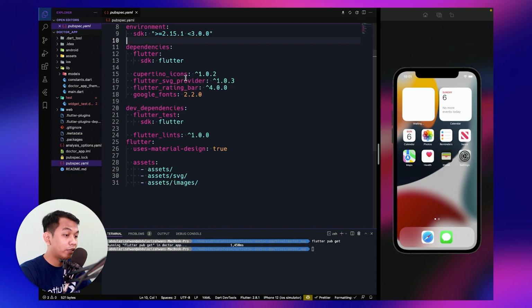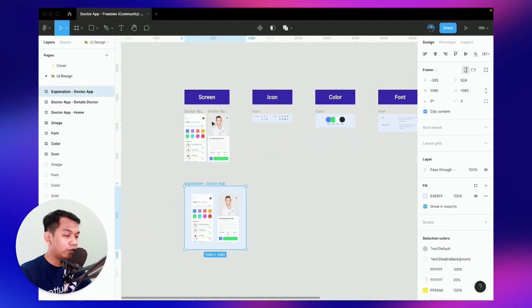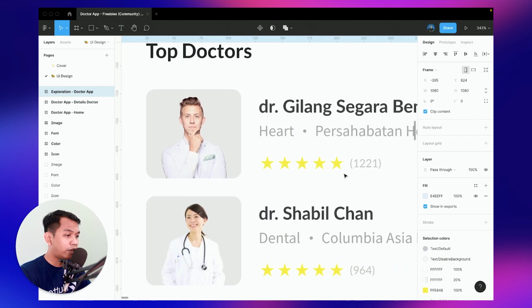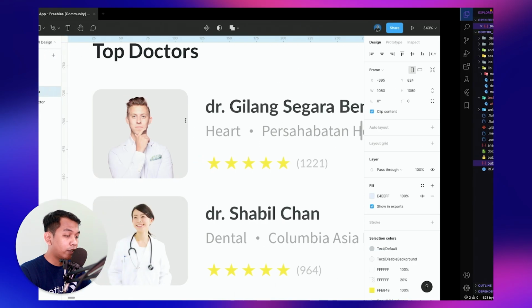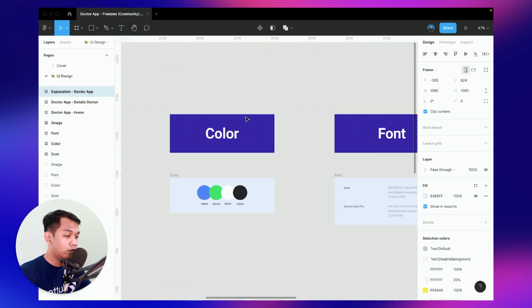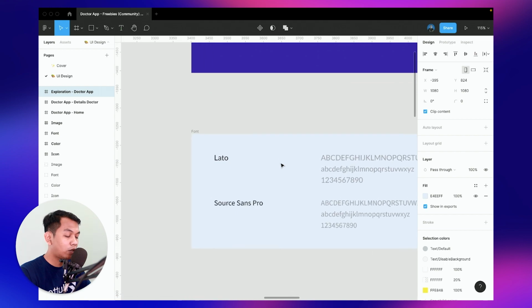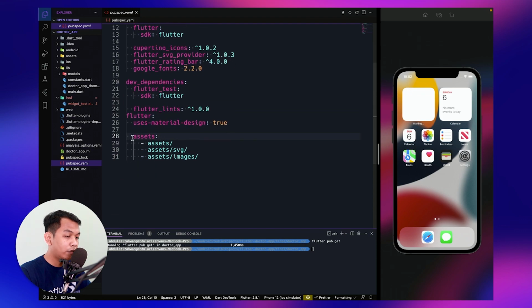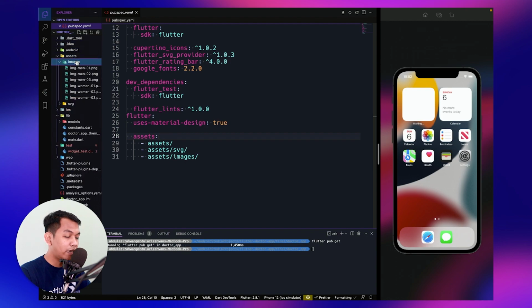Usually I use flutter_svg, but now I use flutter_svg_provider, and then flutter_rating_bar, because as we can see from the design, we have this rating bar. And as we can see, the designer says that he used Google Fonts, which are Lato and Source Sans Pro. So I need to use these Google Fonts, and I have provided assets in this folder. I have provided images.